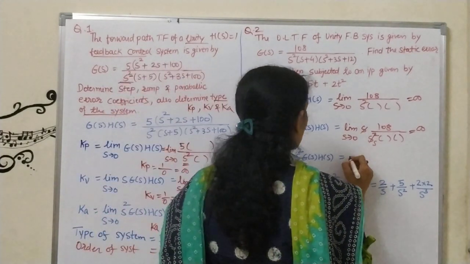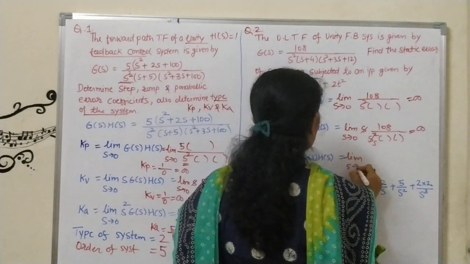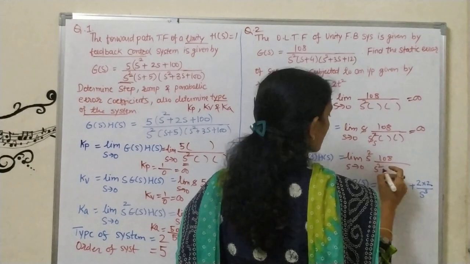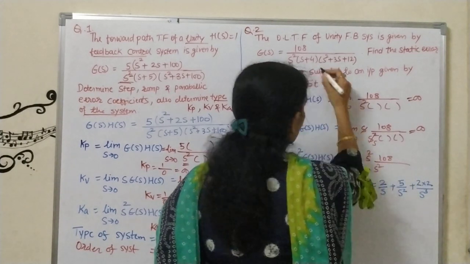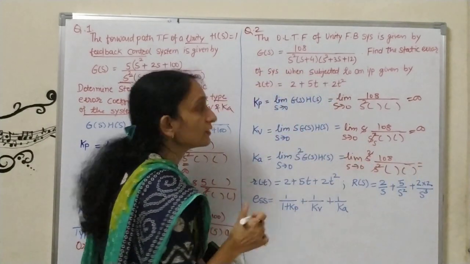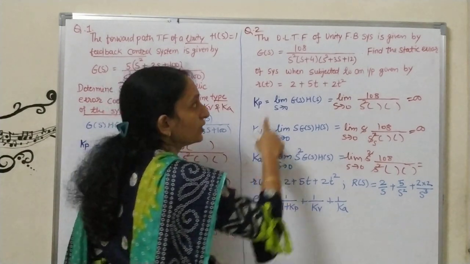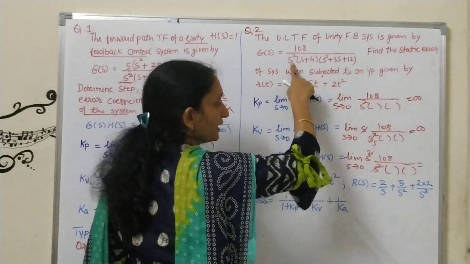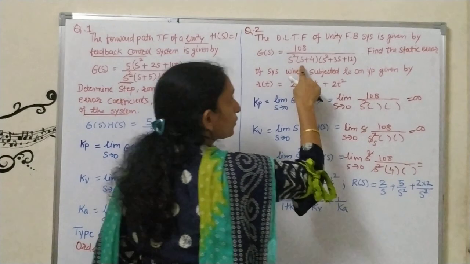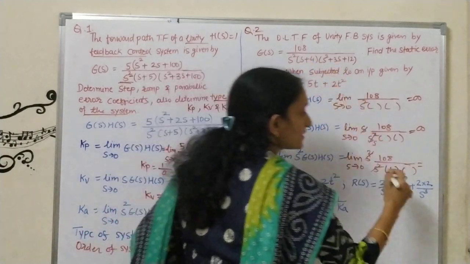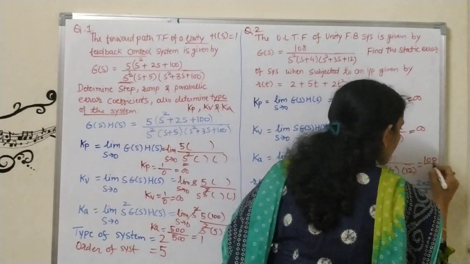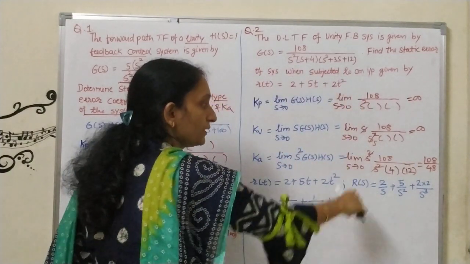Okay. So look at this. Here again limit s tends to 0, s square. Look at this, 108 in numerator upon s square. Okay. Here I am writing actually s plus 4 and this term. Okay. So look at this, s square again gets cancelled. So we will get some constant value of K. Okay. So when you take the limit, this s square has already cancelled. So we have 108 in numerator. See here, inside this bracket there will be 4 because this will be 0. This 2 term will be 0 and here I am writing 12. Okay. So 108 by 4 into 12, I am getting 108 by 48. 12 4s are 48. Okay.